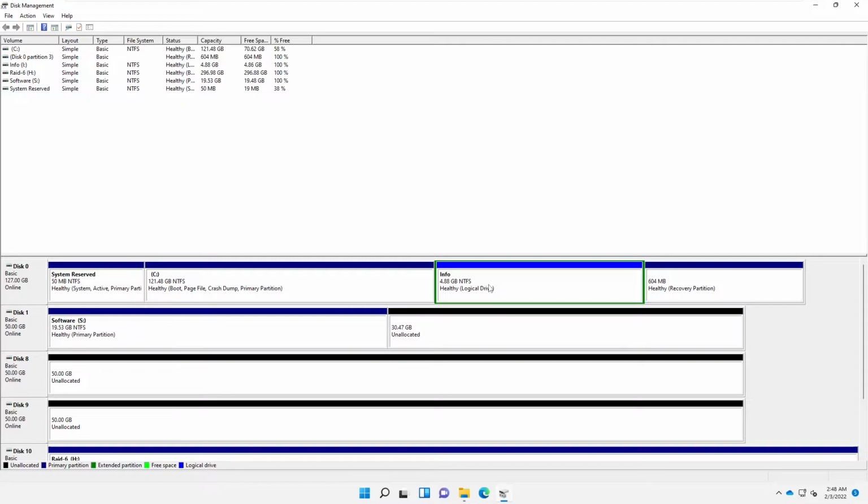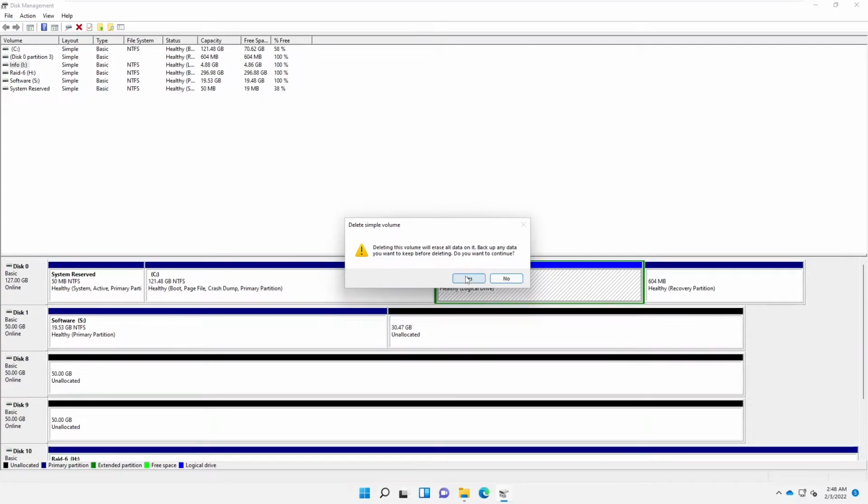So what I want to do right now is, I have the I drive, and I want to delete this volume. We can shrink this volume, we can add a mirror to this volume, but I want to delete this volume. And it says deleting this volume will erase all the data on it. So be careful and make sure that you back up your volume before you delete it. So just click yes,